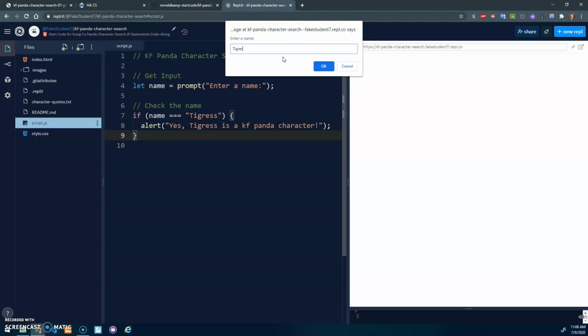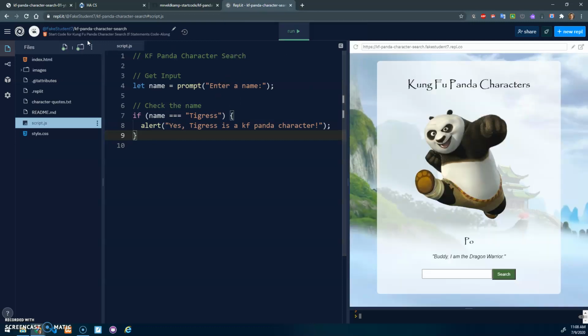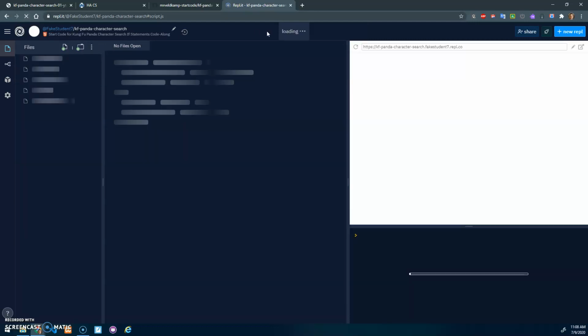So I run it, and I type in Tigress, and it has to match exactly, capital T-I-G-R-E-S-S. If it does, it runs this line of code. Awesome. If it doesn't,